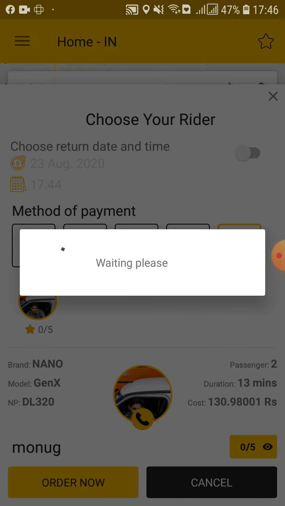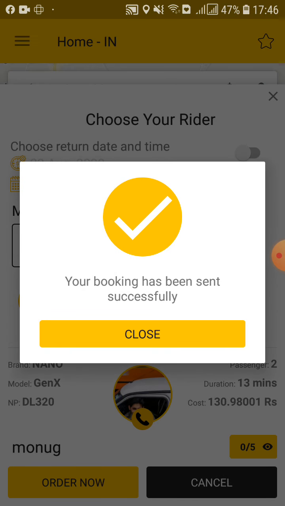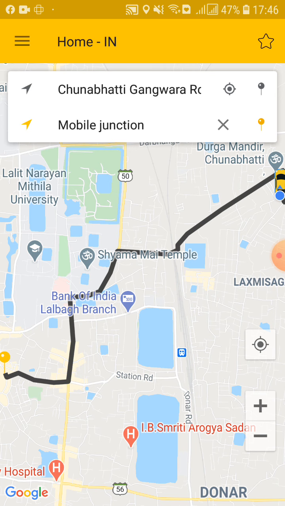It redirects you to the payment page. But it has not redirected me to the payment page because we already saved our payment method. That's the reason it is not redirected. But in your case, you just fill in all the card details like your CVV number. If you want to pay with UPI, then you can go with that. If you want to pay with Paytm, then you can go with that. That is a normal method like other apps, so you don't need to worry about that. So we just place our order. Now we check on the driver side whether we got this order or not.